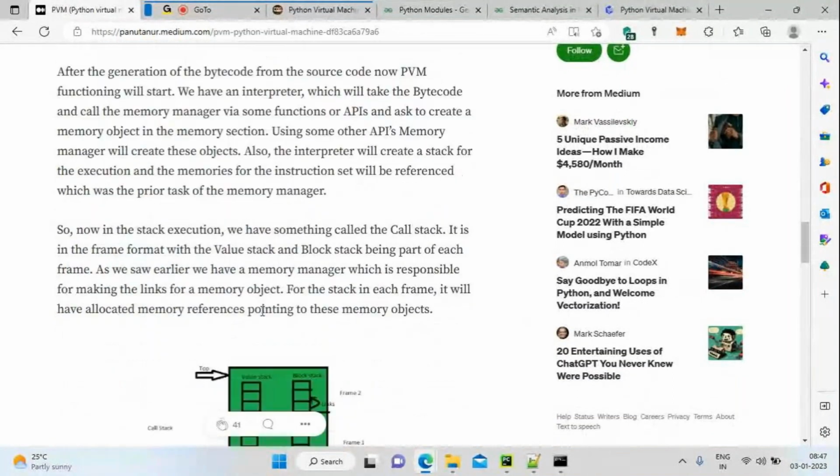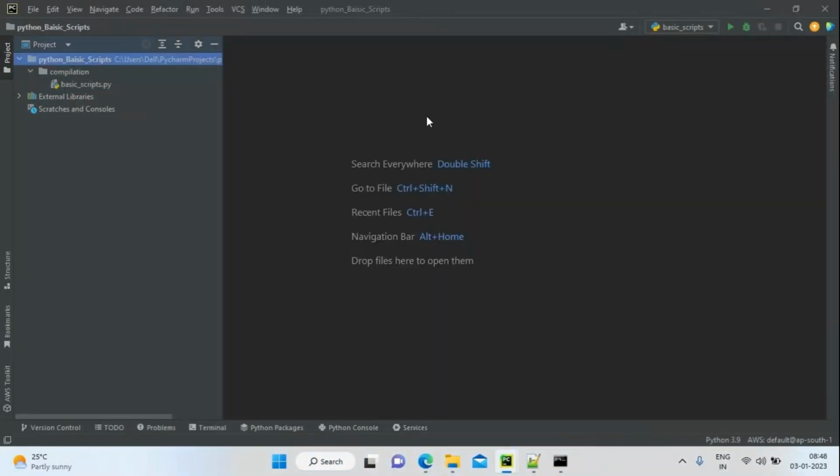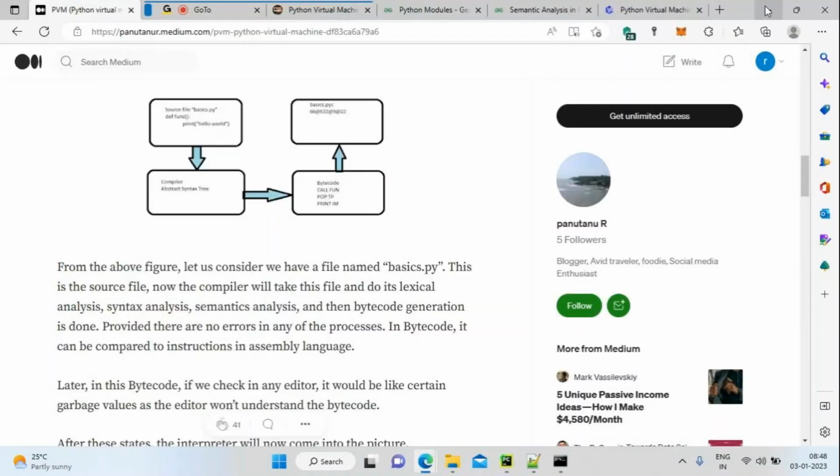Lexical analysis means whenever you write 1,000 lines of code, it's going to split your code line by line and remove the trailing and leading white spaces from your source code, and then segregate it line by line. That's what lexical analysis will do. This is the first thing in the compiler.